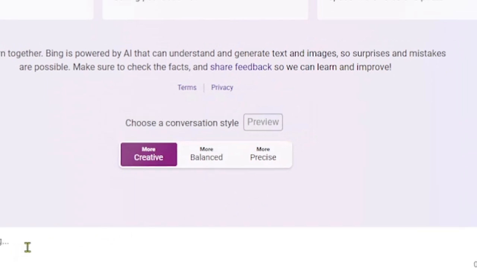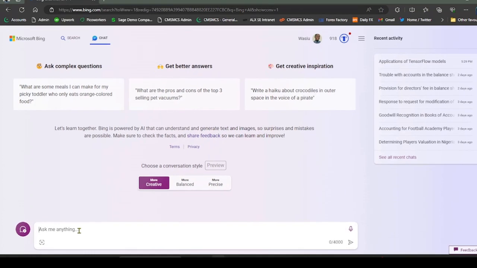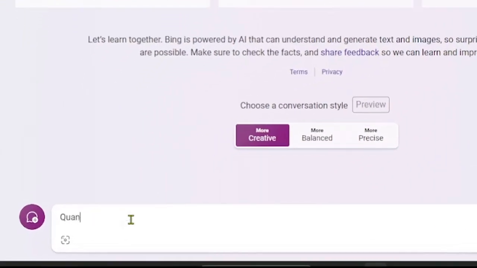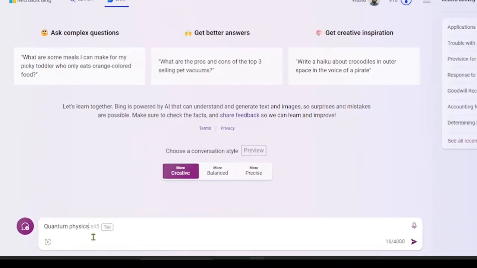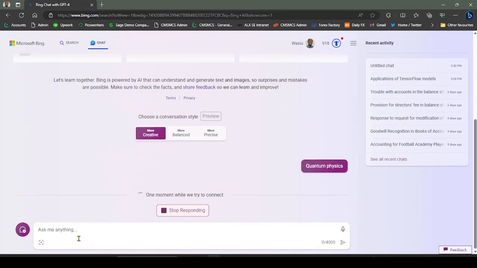Like I've mentioned before, the best way to get the most out of Bing is how you construct your queries, by giving more information and things like that. So I'm going to start a new query here. Let me just ask about quantum physics. Say I'm interested in knowing about quantum physics. I'll just say quantum physics here. If you press enter, it's going to go and generate information for you